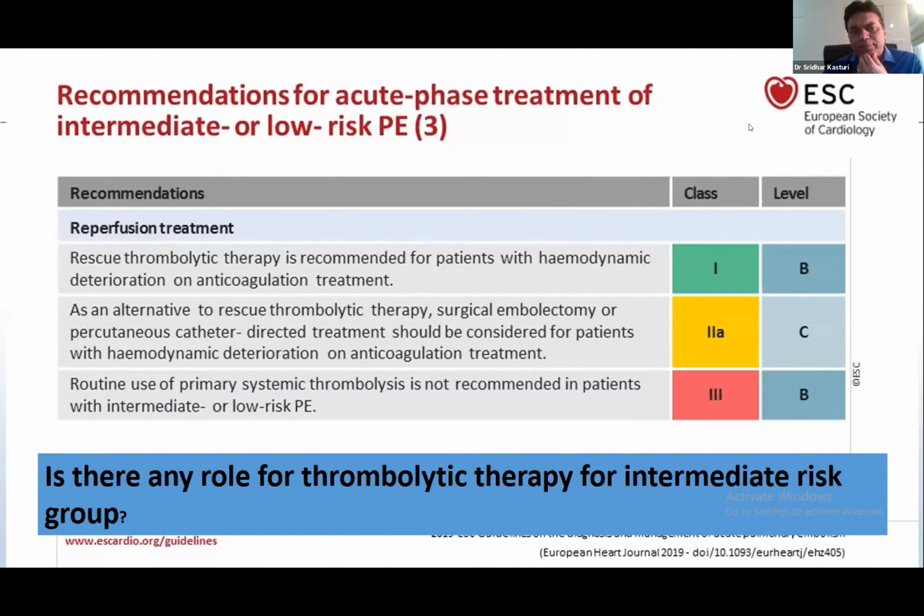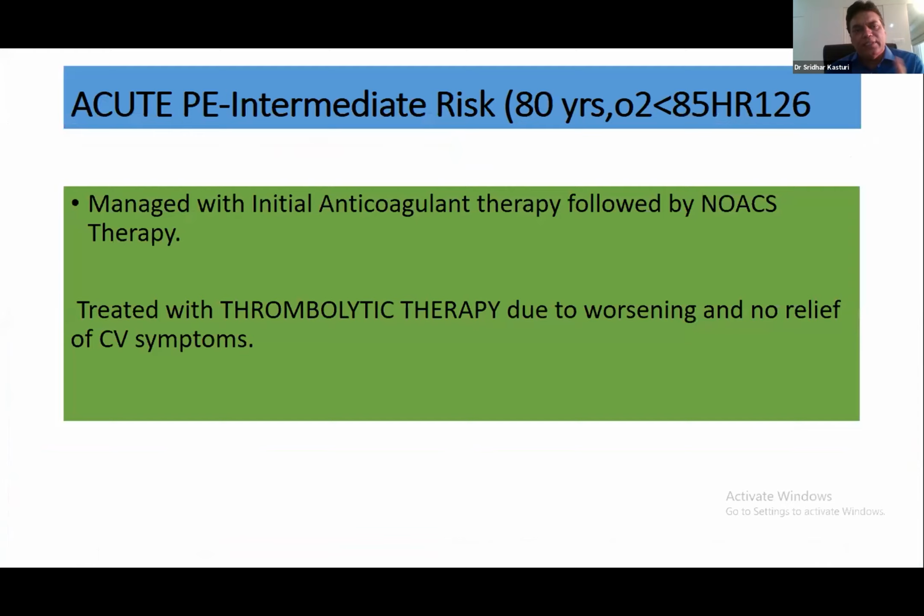So in the intermediate group, routine use of primary systemic thrombolysis is not recommended, class 3B. Only rescue thrombolysis therapy is recommended for patients with hemodynamic deterioration. So you try to treat these patients with anticoagulants, but if they deteriorate and the symptoms are not subsiding, with gradual deterioration, at that time you can think of thrombolytic therapy. So initially anticoagulant therapy followed by NOAC, but treated with thrombolytic therapy due to worsening and no relief